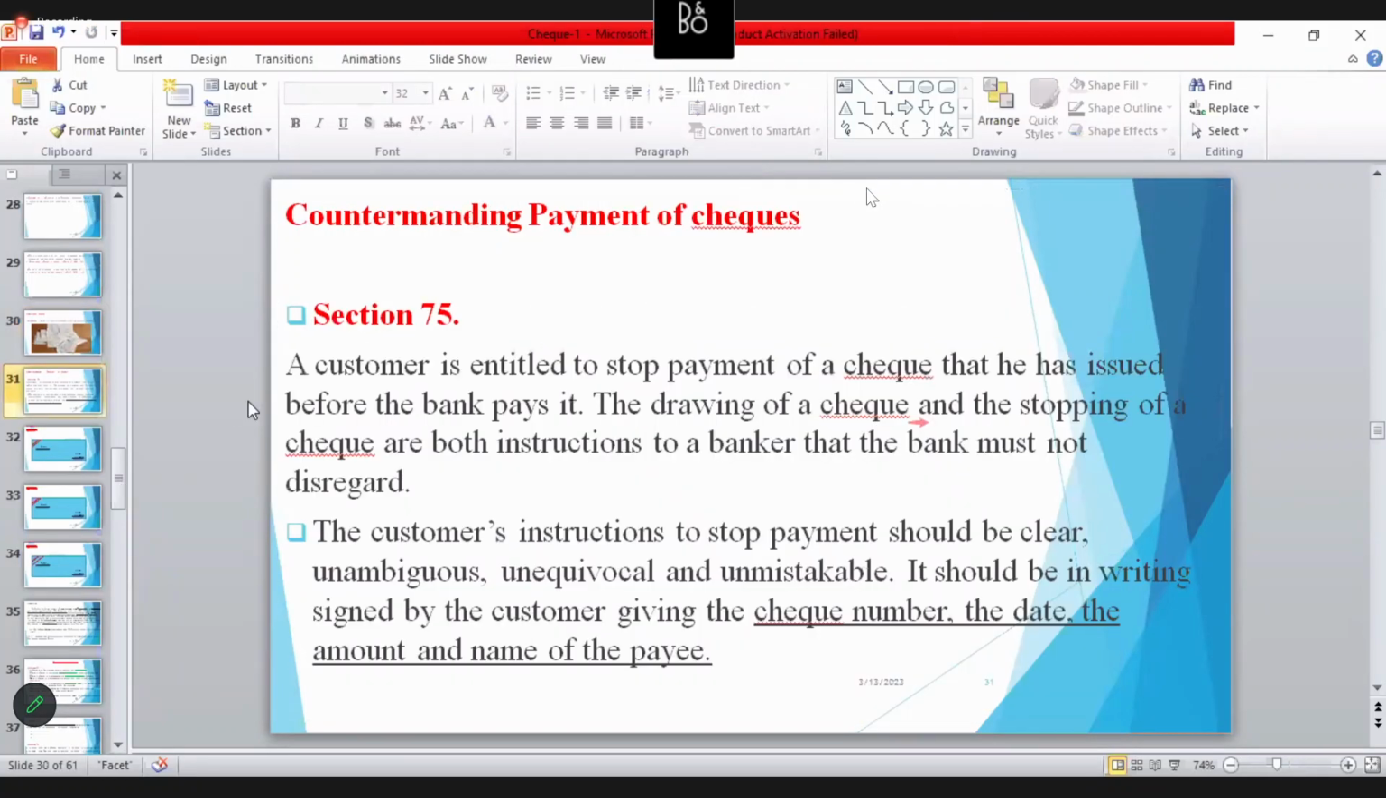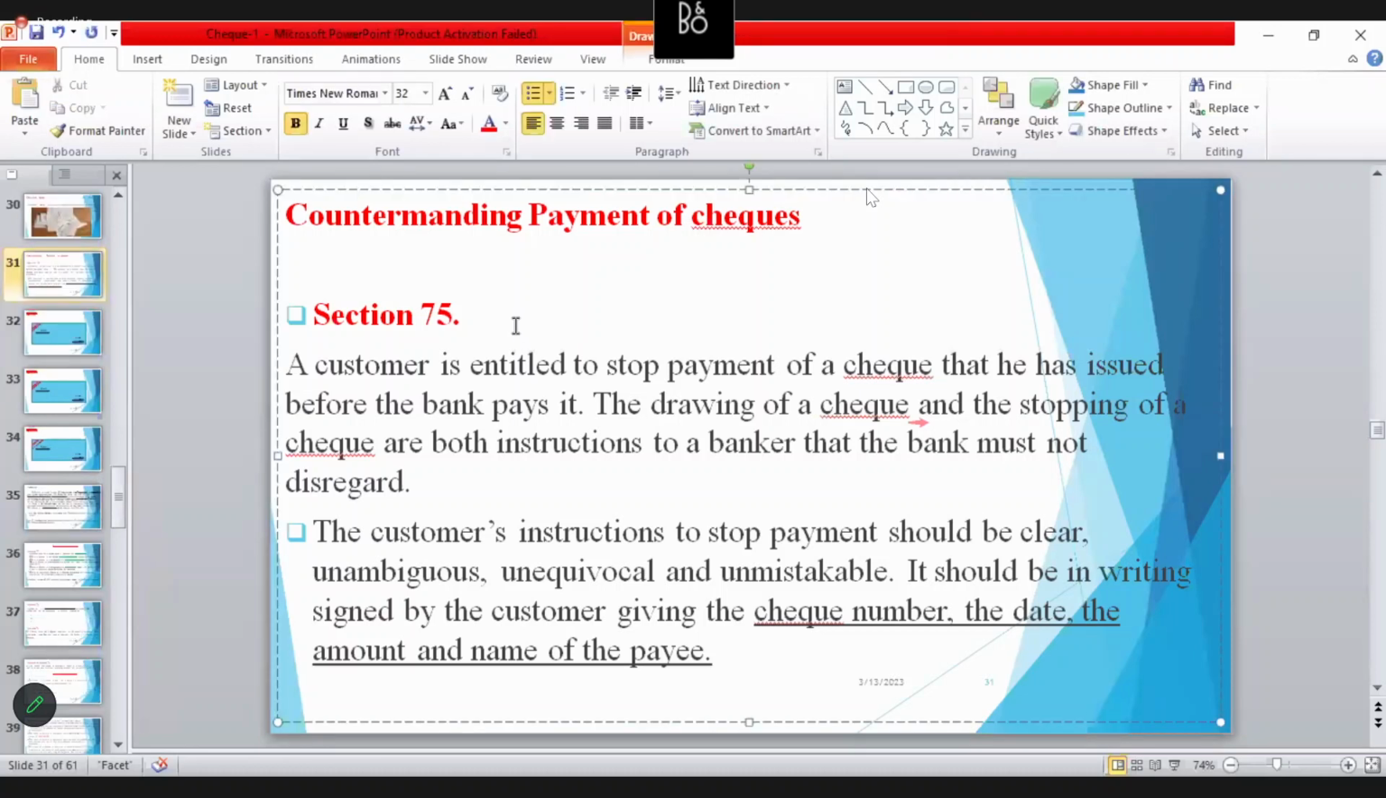Then countermanding payment of a check. What is countermanding payment of a check? See, Section 75 of our Bills of Exchange Ordinance says that a customer is entitled to stop payment of a check that he has issued, before the bank pays it. The drawing of a check and the stopping of a check are both instructions to the banker that the bank must not disregard, right? The customer's instructions to stop payment should be clear, unambiguous, unequivocal, and unmistakable. It should be in writing, signed by the customer, giving the check